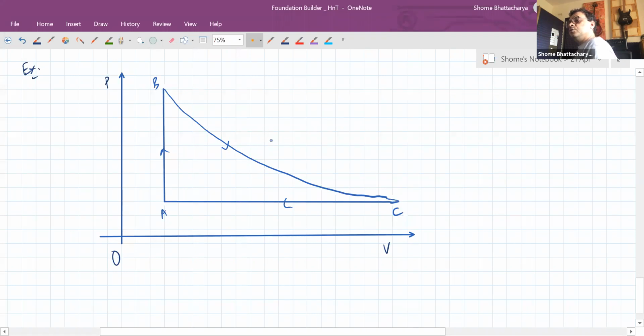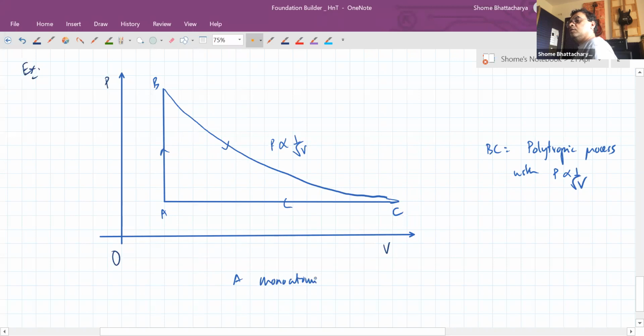So BC is a process where pressure is inversely proportional to root V. BC is a polytropic process with pressure inversely proportional to root V. Okay. So